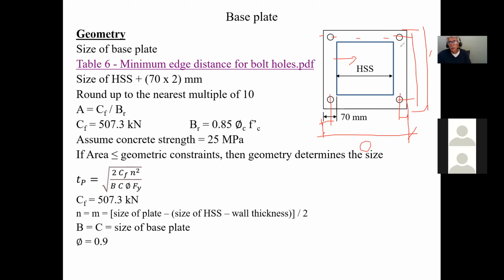You can draw this to the size you have, but you don't write that you have HSS so much by so much by so much. Draw it to the one that you have on your drawing, but don't specify it, because this detail is for the base plate, and of course you have to say, then